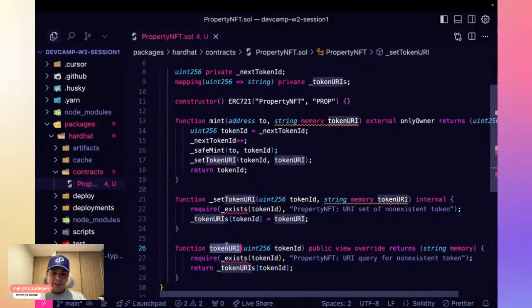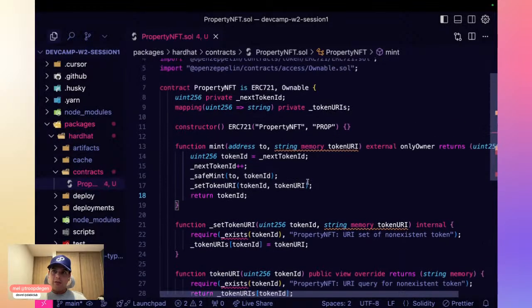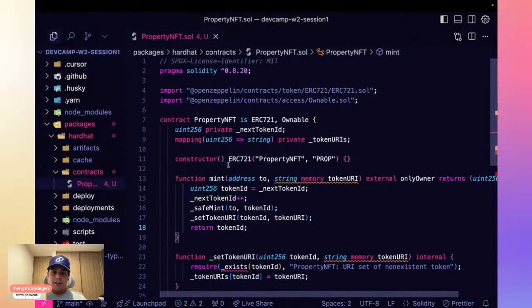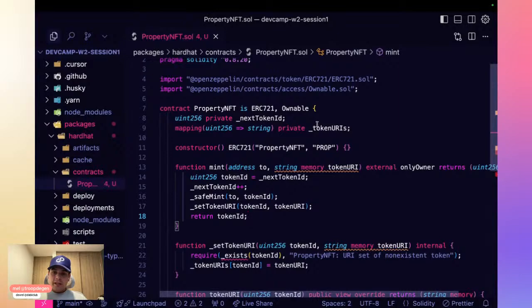And actually, you see this conflict that we have right now on the smart contract. We are storing the token URIs within a mapping. That way, we can keep track of which token ID points to which token URI.